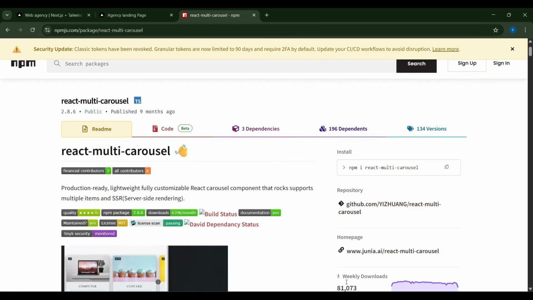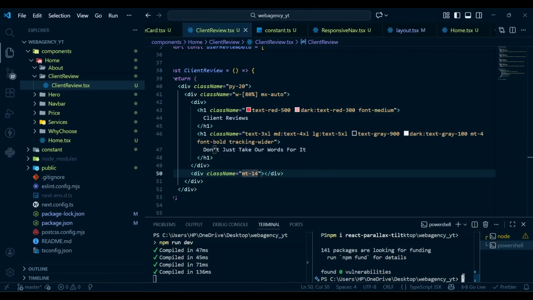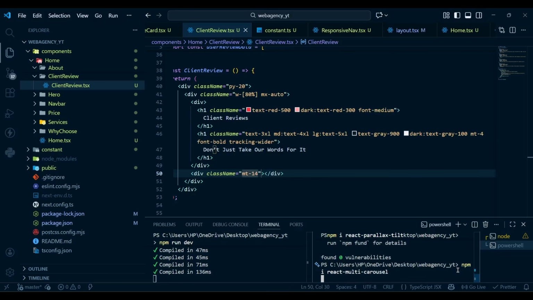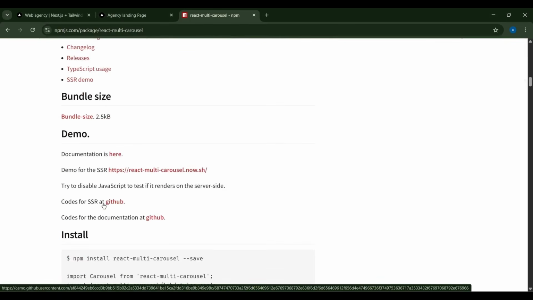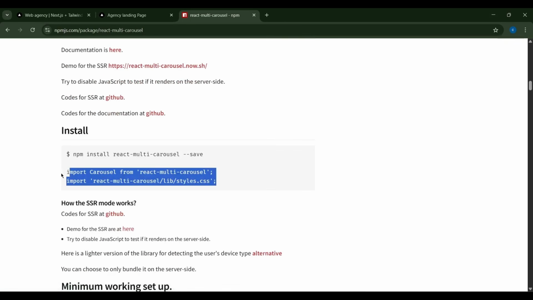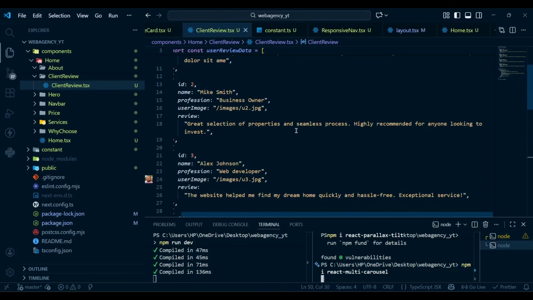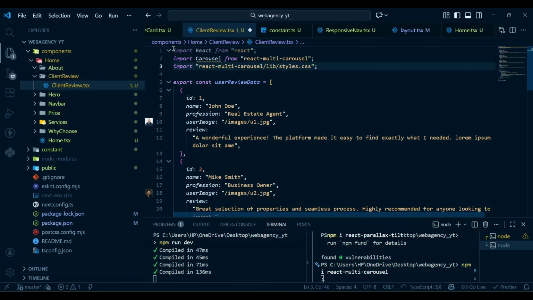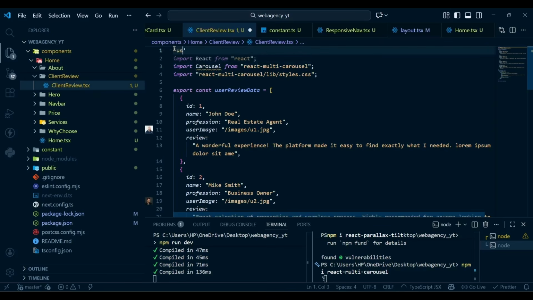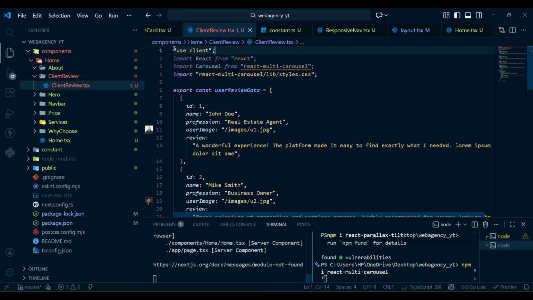So I'm going to copy their installation command, and I'm going to paste it here to install the package. And then what we need to do is import these two lines, the carousel and the styling. So I'm going to copy it and paste it at the top, and also I'm going to convert this into a client component, because we need to create this component as a client component to work with the carousel. So I'm going to use client,